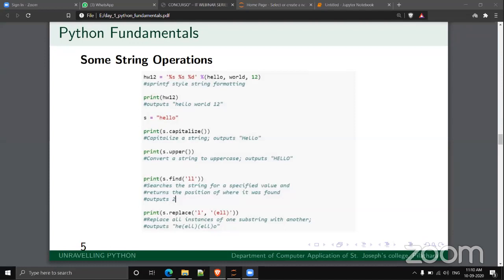In hello, starting from 0, the 0th position is H, the first position is E, the second position is L, the third position is L, and the fourth position is O. So the substring ll is present at the second position. On printing s dot find ll, you will get the output 2.